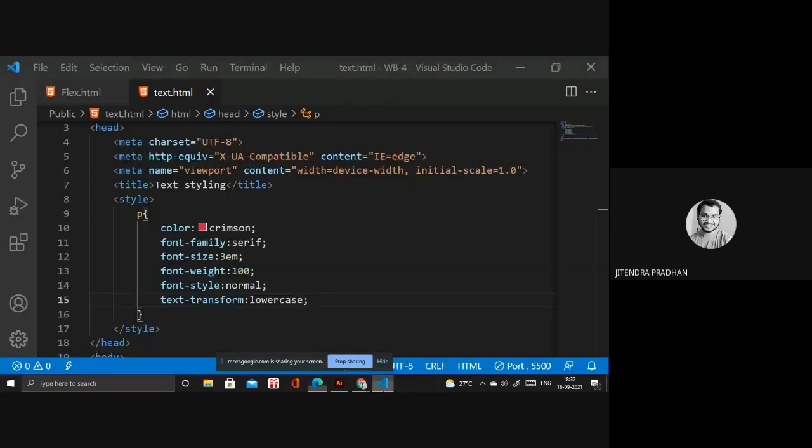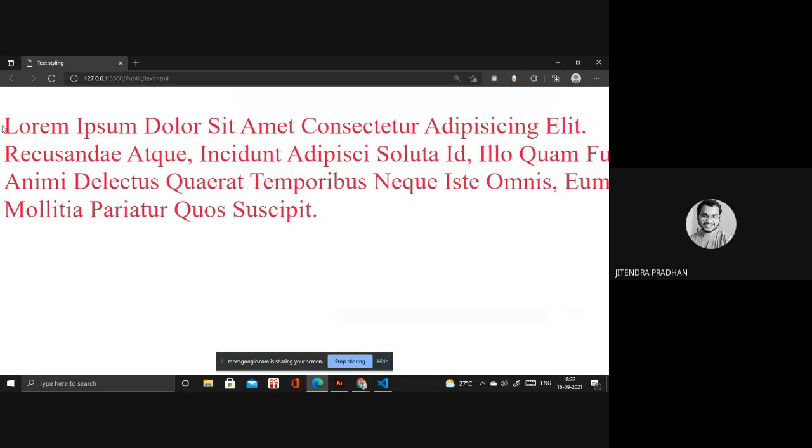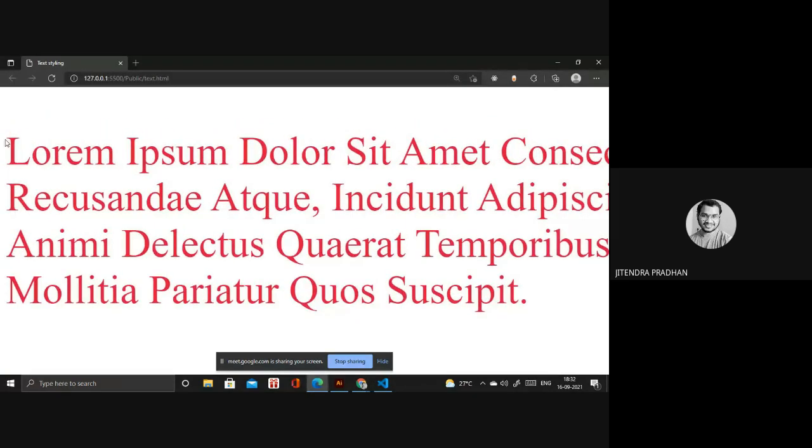If you want to capitalize, meaning each word's first letter will be capital and the rest of the letters will be small, at that time we use capitalize. Let's see. The first letter of every word is capital: L is capital, I is capital, D is capital, and S is capital. And the rest of the characters in the word are small.